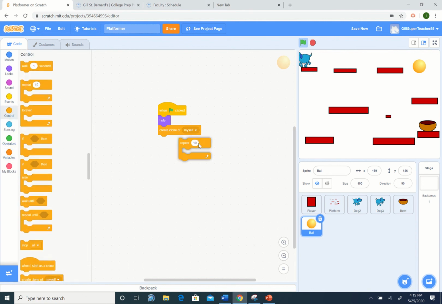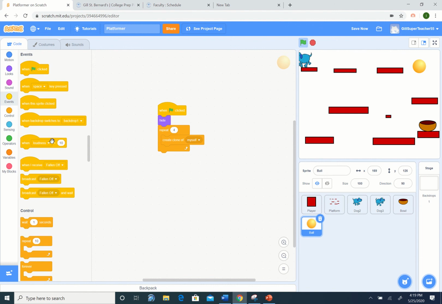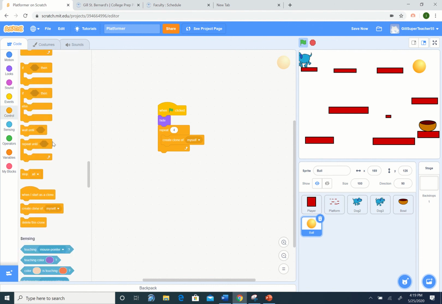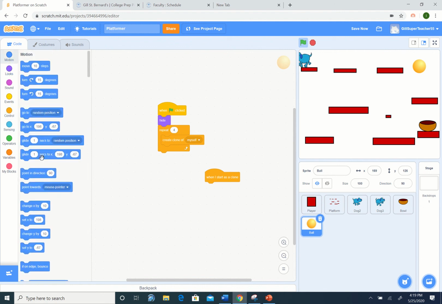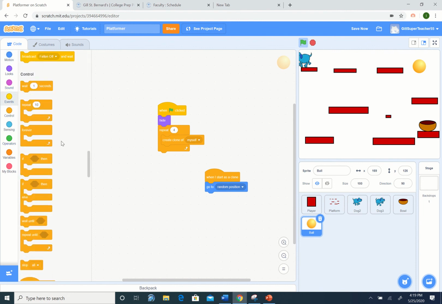Control. And just for simplicity's sake, we'll have them start in random positions. You could hard code it in where you create a clone of yourself and put it in a certain position each time, but we can also do that here for simplicity's sake. So whereas when I start as a clone, let's have him go to a random position for now,